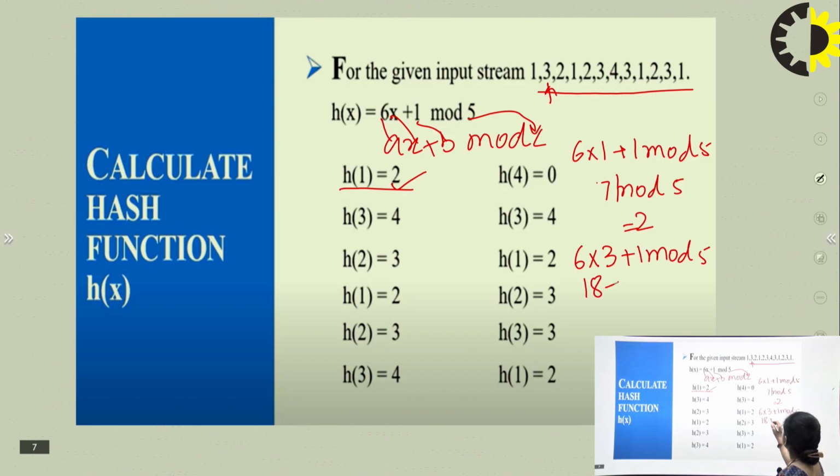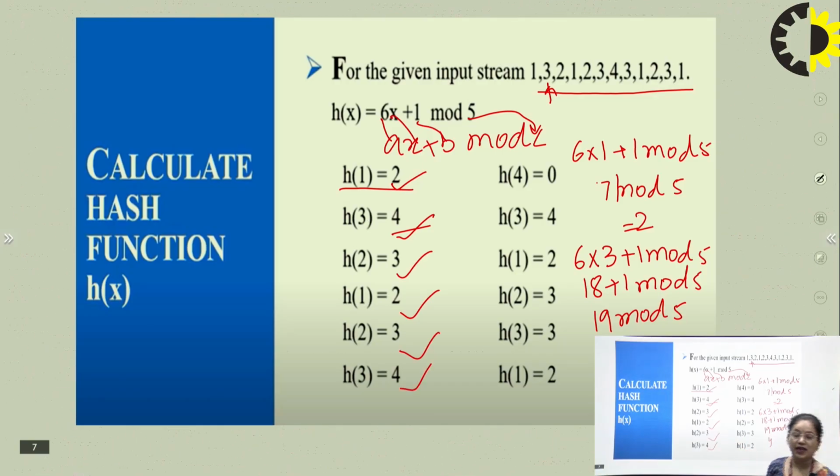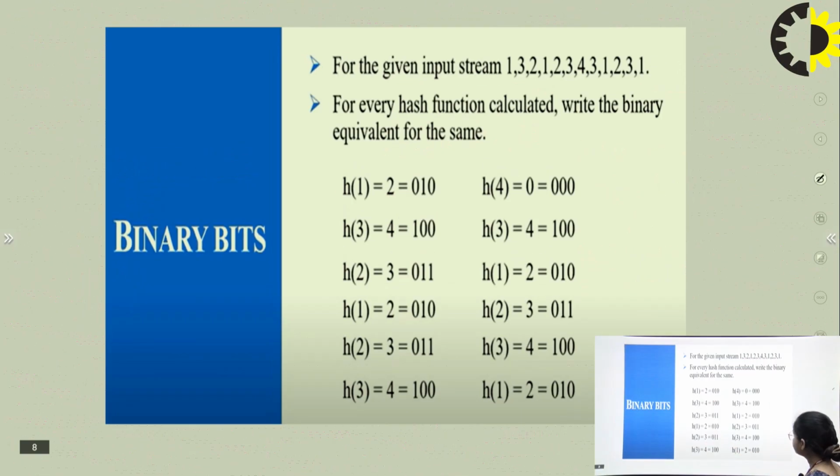So 18 plus 1 mod 5, that will be 19 mod 5, and the remainder will be 4. So here is 4. We will find the hash function value for each element again and again.